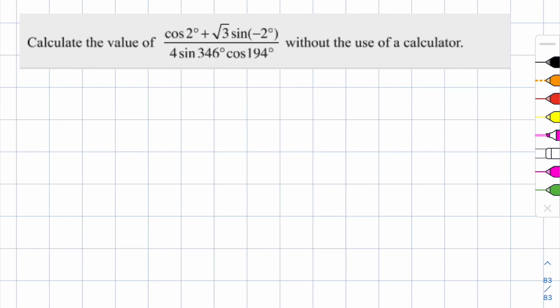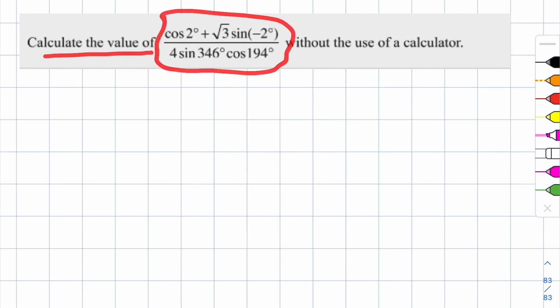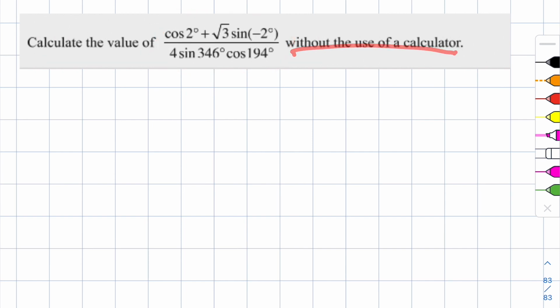Okay, let's look at this question. Calculate the value of this without using a calculator. So the first thing we'll do here, we'll try and sort out the negative angle. So sine of a negative angle is negative sine. So here we have cos of 2 degrees plus square root of 3 times negative sine of 2 degrees